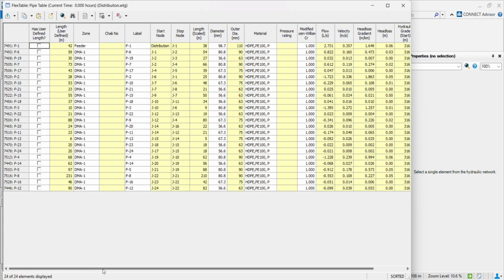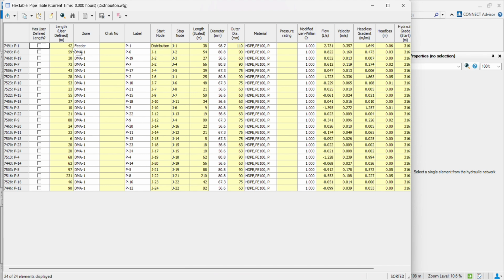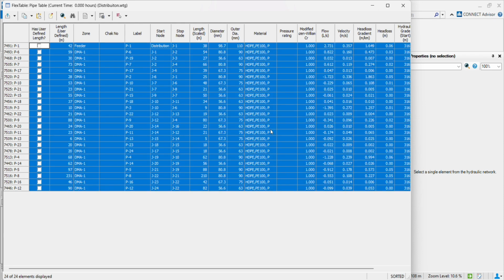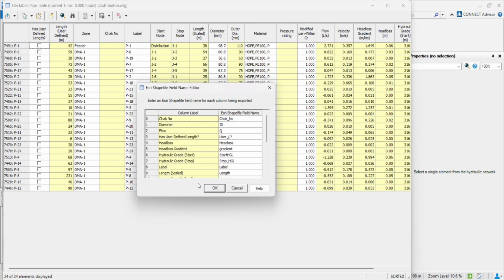Only these columns are visible to us, and get extracted from the WaterGEMS. So to extract, you have to select those columns you want to export. I will select all the columns. Then you will see the option here, export to file. Click on that. It will ask you the location. I will name it pipe table. Click on save